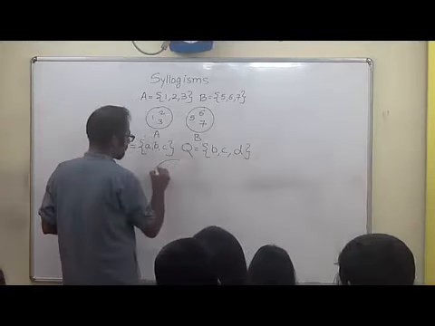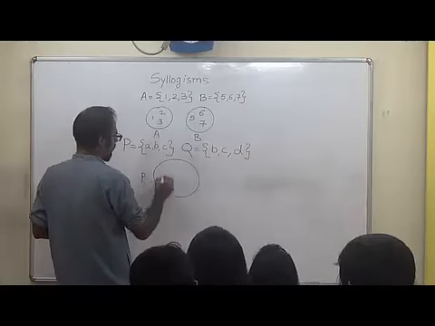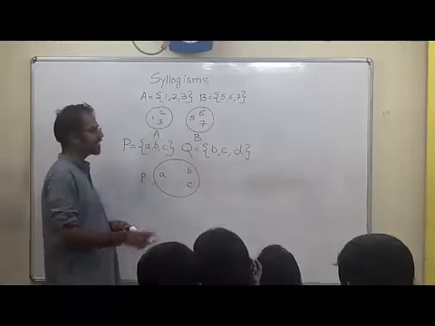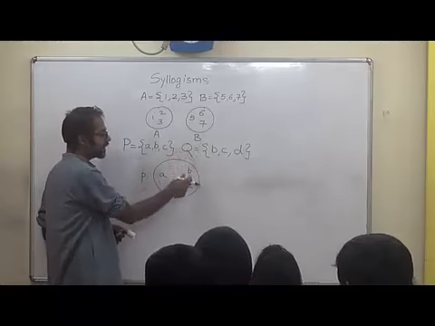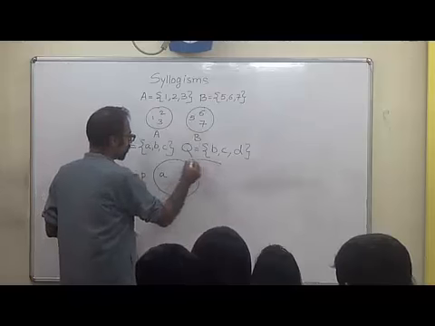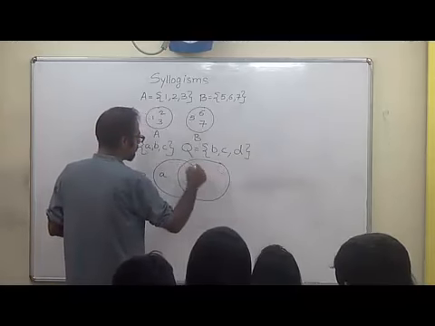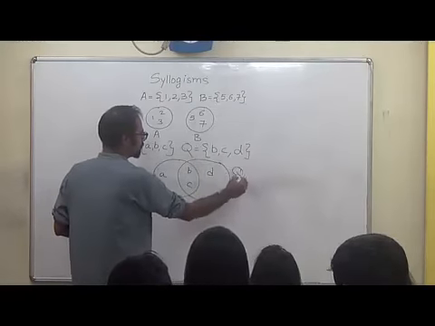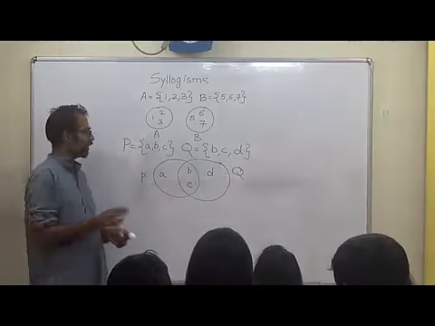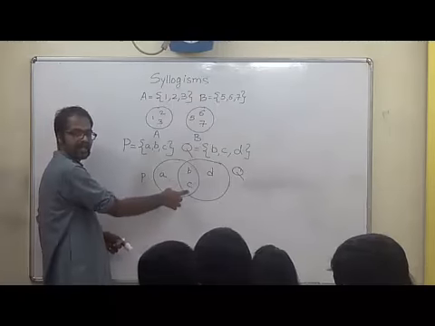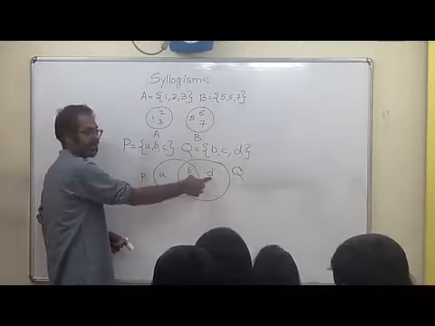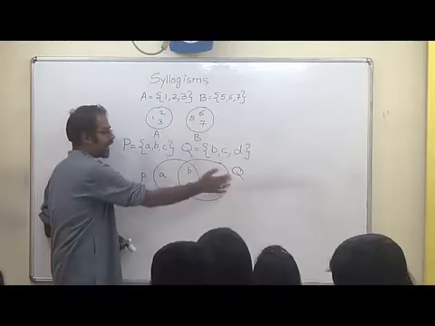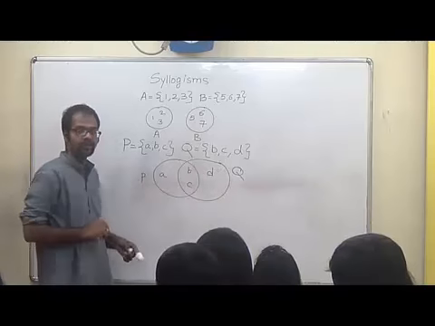If I draw a circle, name it P and say it contains A, B and C in it, I also have to draw a set for Q which contains the common elements B and C. So what I do, I simply draw another circle like this. B and C are also part of this circle. Now I draw D here, meaning this as Q. So what does this diagram show me? P contains A, B, C, Q contains B, C, D, A is only with P, D is only with Q, and B, C are common and belong to both P and Q.